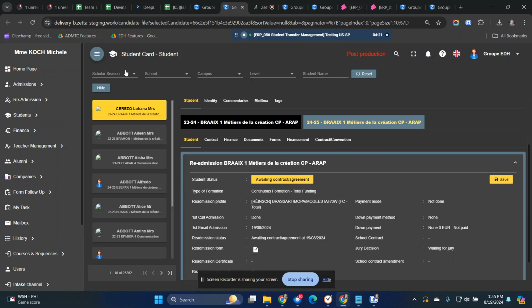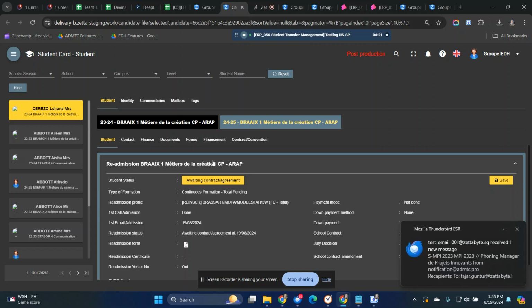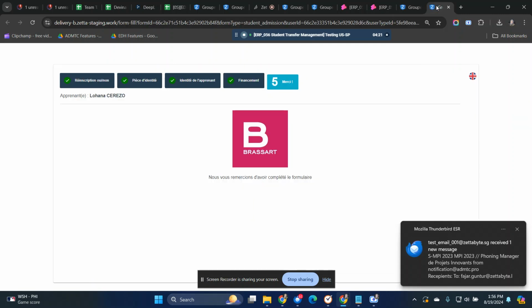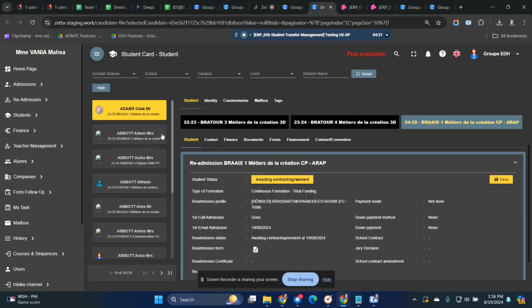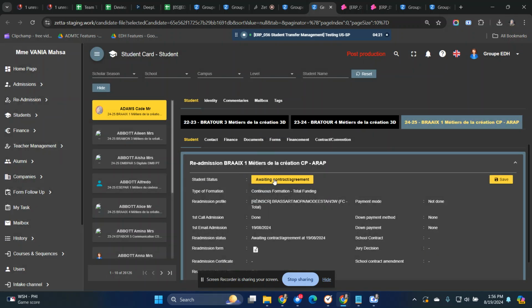I changed it, but it did not change the field that I updated earlier. Okay, but when I try to check in the RR staging, I try to change the student status from awaiting contract agreement to registered.